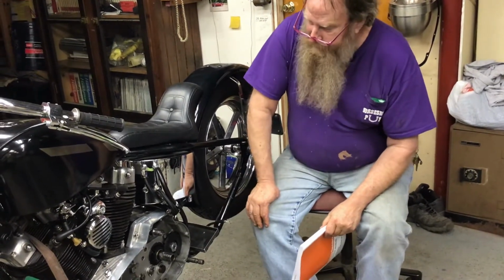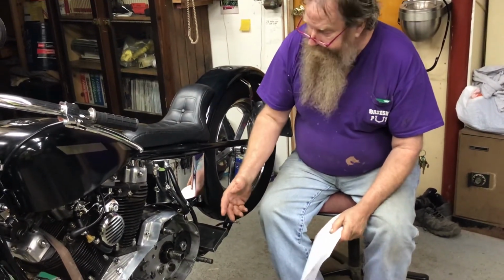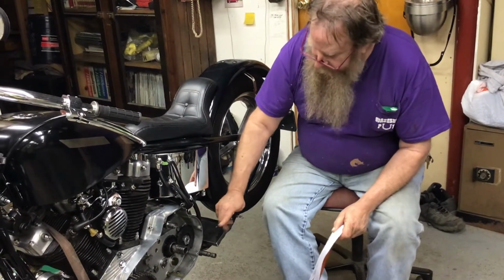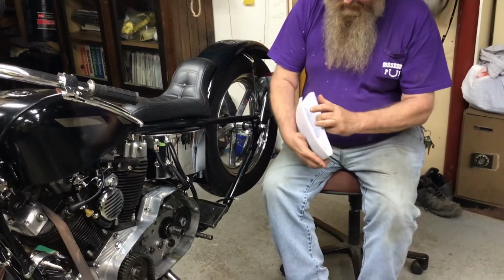Now, if you're doing this at home, that depends on your skill level. That shouldn't be a big deal. But it can be a big deal. So anyway, we got lucky. The bushing was in, the pin was in. So there's also, let me look at it in the book here real quick,